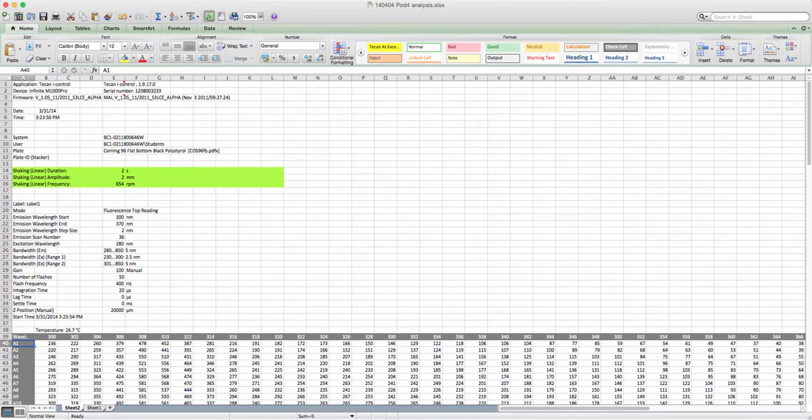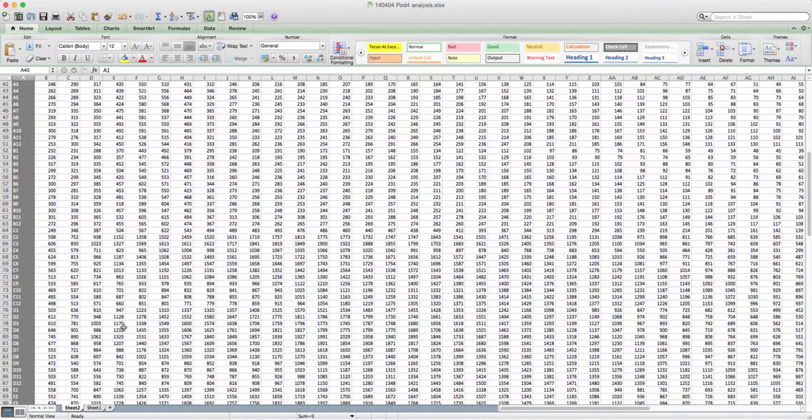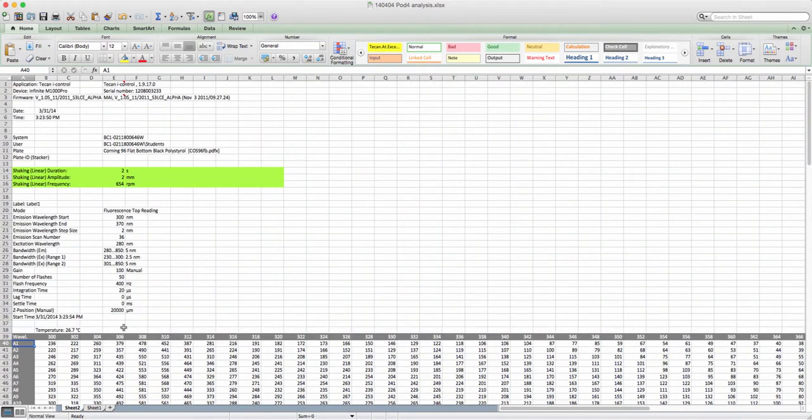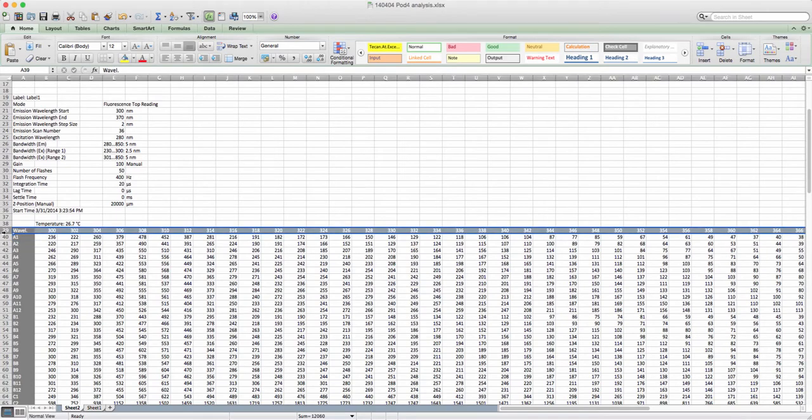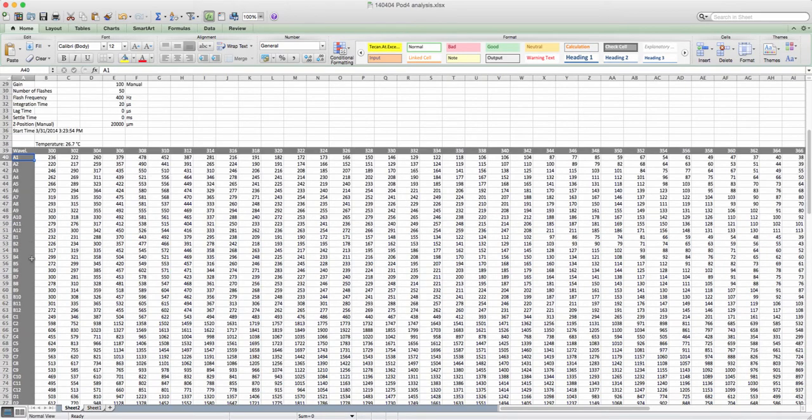So let's just jump in. This is the data right here that I'm going to look at. This spreadsheet should look very familiar. It should be the same exact readout format that you have for your data. So here you can see the different wavelengths that were scanned and then all of the different wells in the